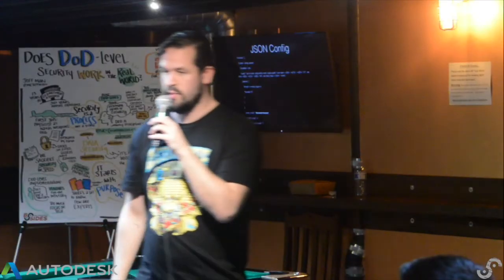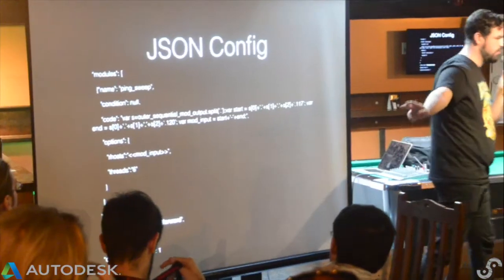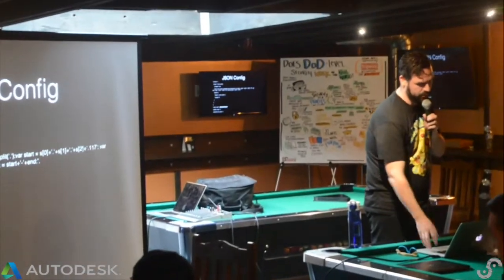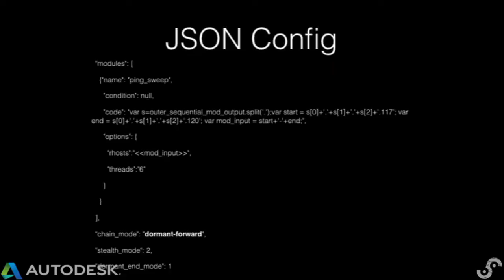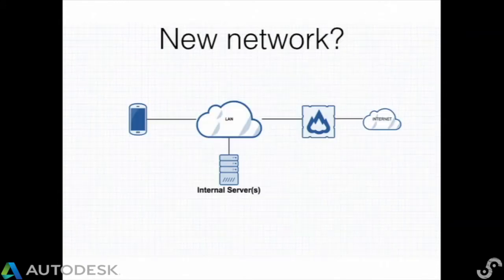The config looks almost exactly the same. In this instance, the chain mode is set to Dormant-forward, and every single time we get onto a new network, we run a ping sweep against the subnet that we're associated with, or at least a subset of IP addresses. So walking through the scenario, we have a mobile phone, they're on the internet,